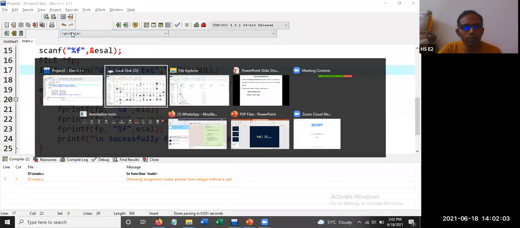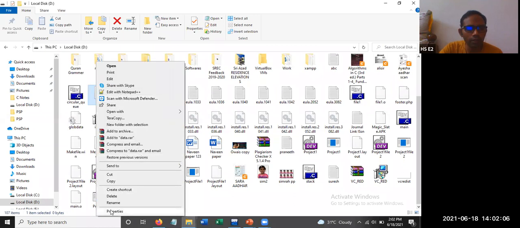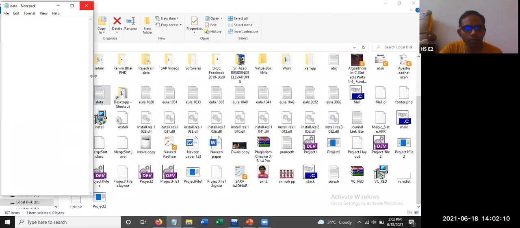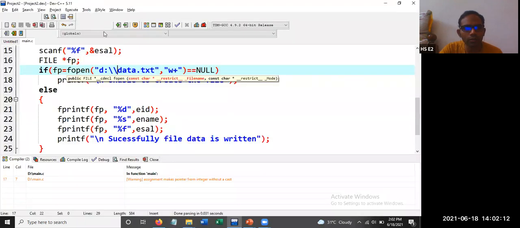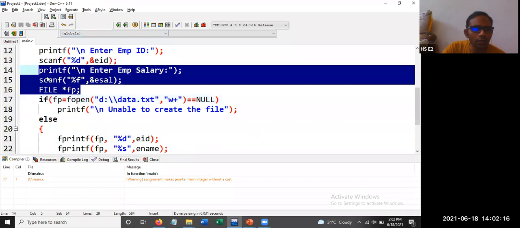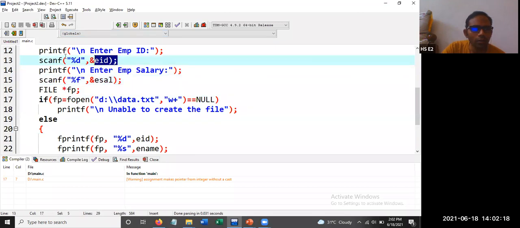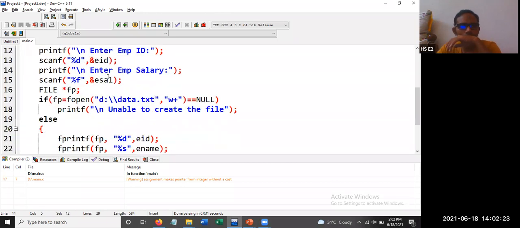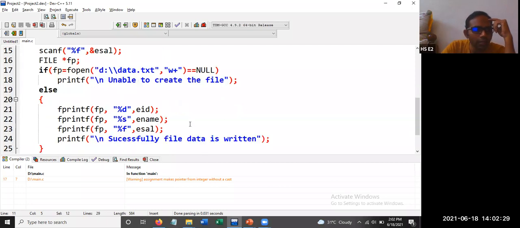So let us cross check the file data. Why are we getting 0 bytes? No content is written. Esal, %d ename. Warning: assignment makes pointer from integer without a cast. Where is it? 17th line.